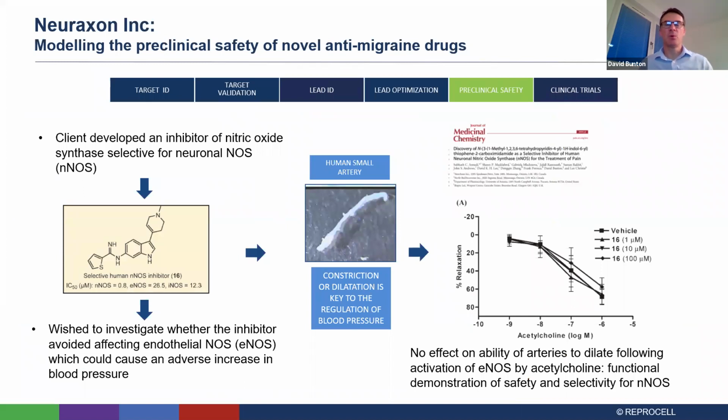But to give a few other examples, going through these different stages of drug discovery, Neuraxon were a company with a quite unique challenge in that they discovered quite early on that the animal models they were using did not translate to the human condition, and were really looking for some model that could inform them of the potential inhibition of endothelial nitric oxide synthase when they were looking at other inhibitors of either inducible nitric oxide synthase or neuronal. And so they wanted to separate these out by using different models of human tissue and try and assess, could they